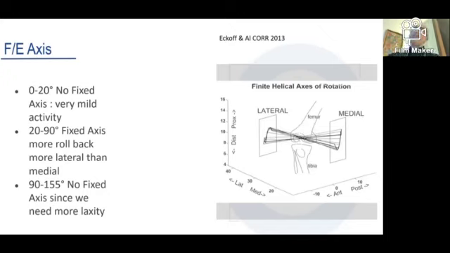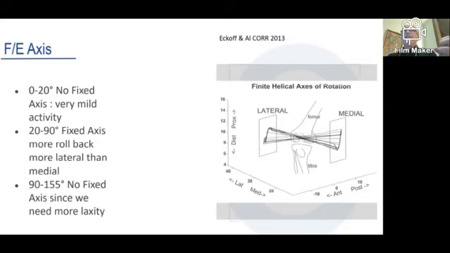When your knee is almost in extension, the knee is not too stable. Between 20 and 90 degrees, which is the angle you use when you walk, this axis becomes fixed. This gives you stability when you walk